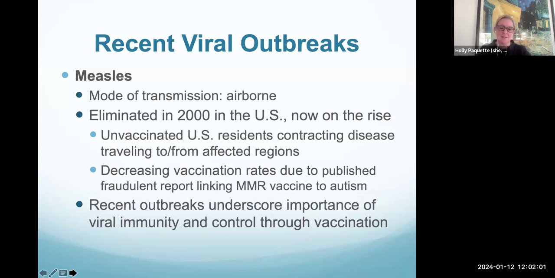What we've seen is since that paper came out, even though it's been retracted and that physician has lost his medical license, that stigma with vaccines has carried on. And we'll talk about that as we get into vaccines, because we see an impact of that on SARS-CoV-2. What I would say is that these recent outbreaks, especially of measles and SARS-CoV-2,